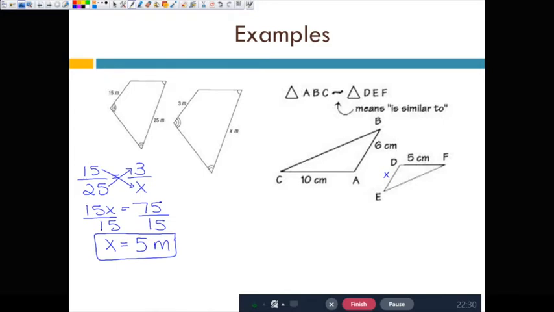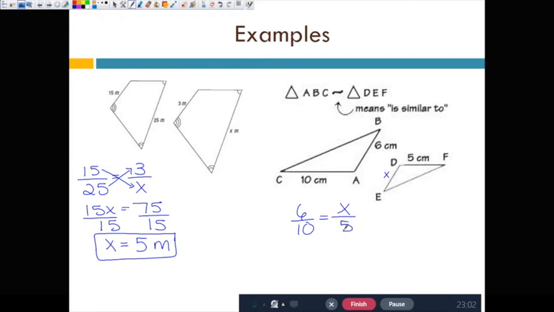Do we want to do 6 over 10 or 10 over 6? Let's do 6 over 10. Doesn't matter. All right. However, what does matter is what goes with the 6. Does my x go with the 6 or does my 5 go with the 6? X, because it's the side that is similar. Okay? And then what goes with my 10? 5. Yeah, they flipped around the shape, but